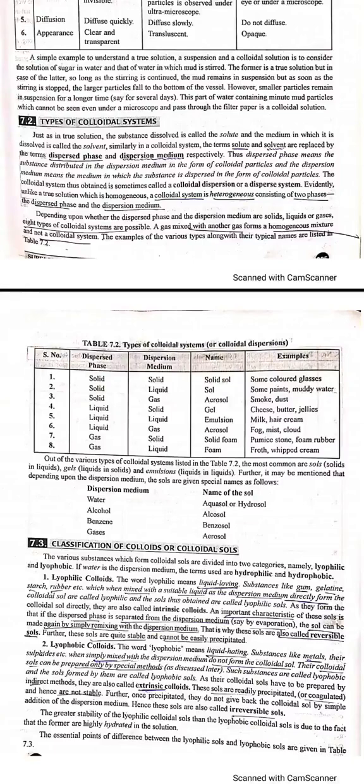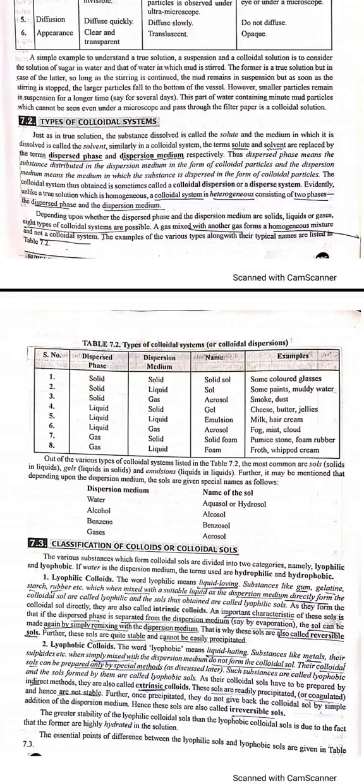Thus, dispersed phase means the substance distributed in the dispersion medium in the form of colloidal particles, and the dispersion medium means the medium in which the substance is dispersed in the form of colloidal particles. The colloidal system thus obtained is sometimes called a colloidal dispersion or a dispersed system. Evidently, unlike a true solution which is homogeneous, a colloidal system is heterogeneous, consisting of two phases, the dispersed phase